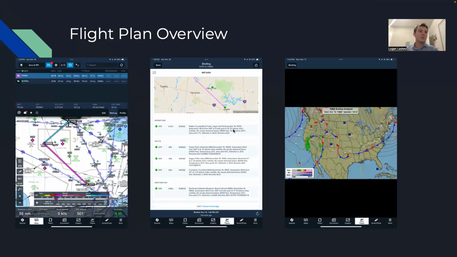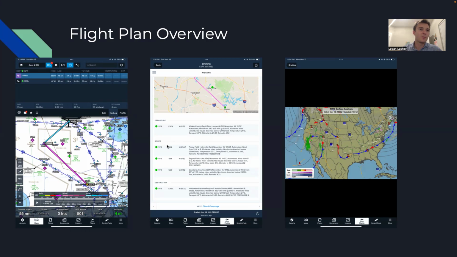So for our flight plan overview, I'm going to start by building our route for flight, and I have us taking off from KJFX to the GPS waypoint FRNNS, Friends, and then we're going to go to KMSL. So here I have some briefing, the METARs, and the prognostic chart that I would brief before I fly. I would go over the I'M SAFE checklist as well as PAVE and make sure I have everything ready for this flight. Go over the aircraft, some NOTAMs, make sure I have everything prepared,